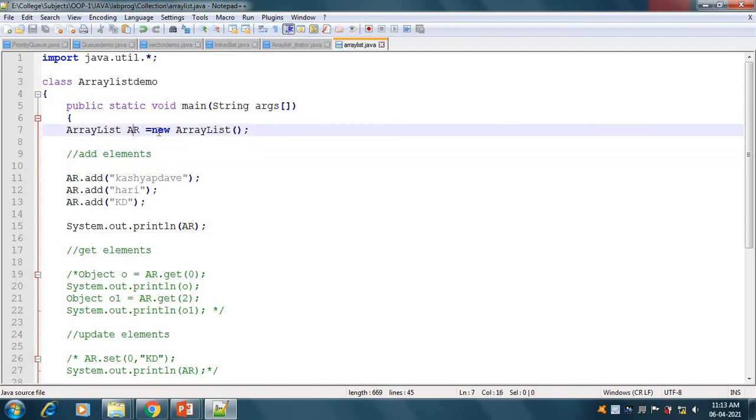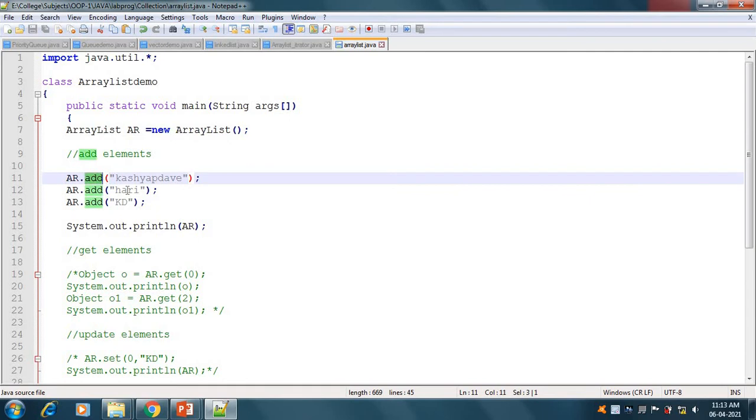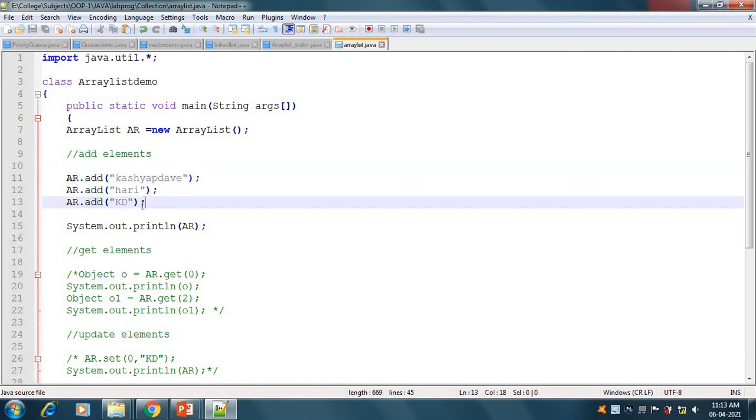With the ar object we can perform operations of array list. By the add method we can add elements into our array list. So ar.add, the first element will be Kashyap Dave; ar.add, the second element will be Hari; and ar.add, the third element will be KD. Its index starts from 0, so the 0th index will be Kashyap Dave, the first index will be Hari, and the second index will be KD.